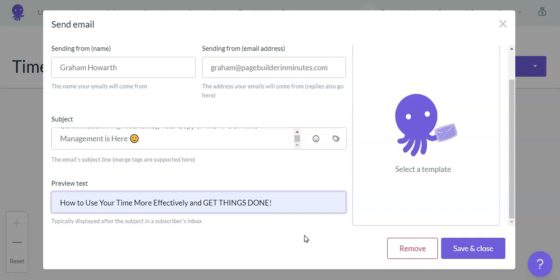This comes in after the subject line but before the body of the email text, and the idea of this is to really try and encourage your subscriber to open that email, because it's a fact of life that you can send out lots of emails and not all of them are going to get opened. So the more you can do to get your subscriber to open the email, the better. So we're just going to put that preview text in there,